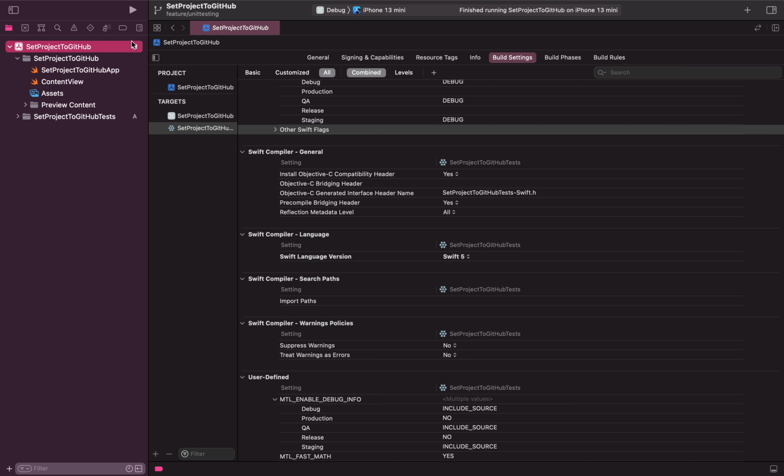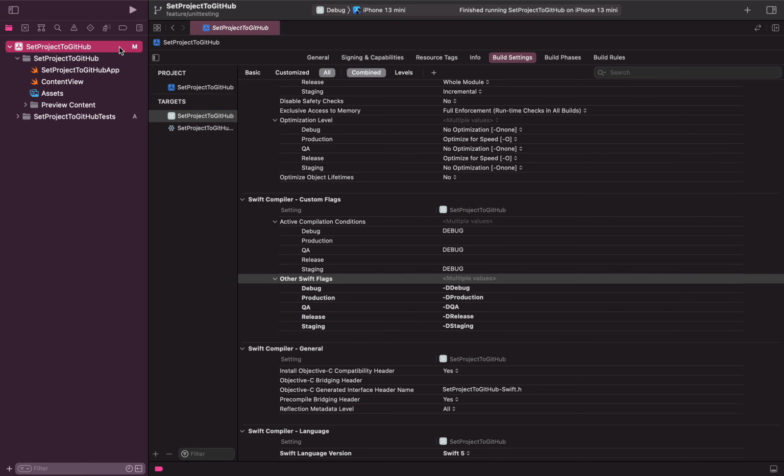And this M means that this project or file or folder was already there and has been modified. This folder we just added, so that's why it's showing A. And this project was already there, and since we added a new folder, it has been modified, so it's showing M.